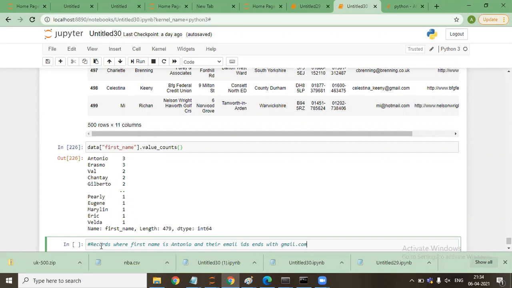Sir, in a row we can provide data first name equal to Antonio, and in a column we can provide email.